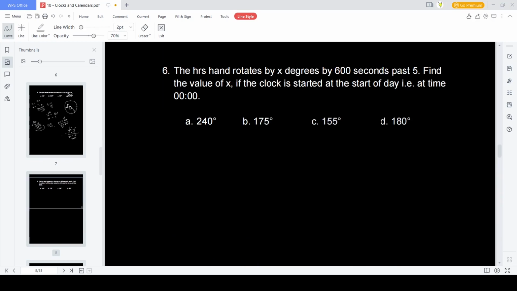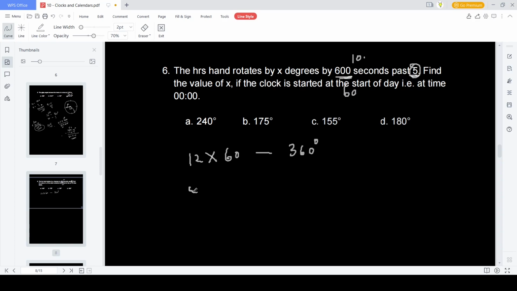Next question. The hour hand rotates by x degrees by 600 seconds past 5 o'clock. Find the value of x if the clock started at 12 o'clock. Now, x degrees at 600 seconds past 5 o'clock, how much does the hour hand rotate? In 12 hours, which is 12 into 60 minutes, the hour hand moves by 360 degrees, correct? So in 5 hours and 600 seconds, which is nothing but 10 minutes,